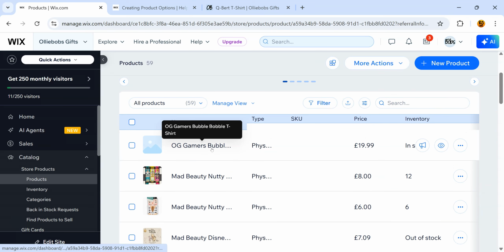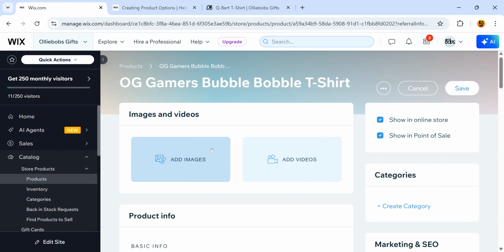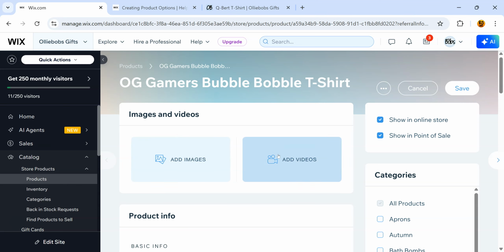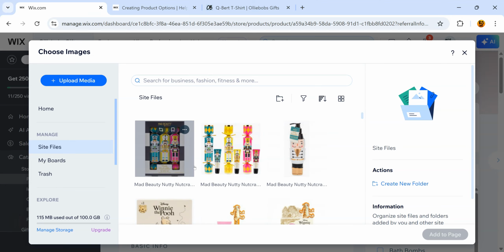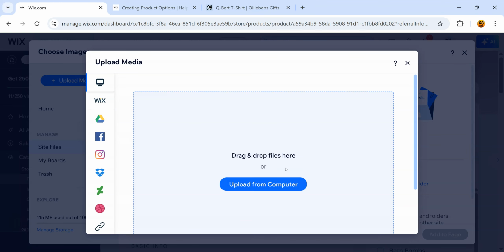Oh my God, I didn't add a picture in, did I? No one's going to want to buy a t-shirt without a picture of it. So add images. I could do a video as well. I've got images set up, which I can bring into here. I can upload the media from my